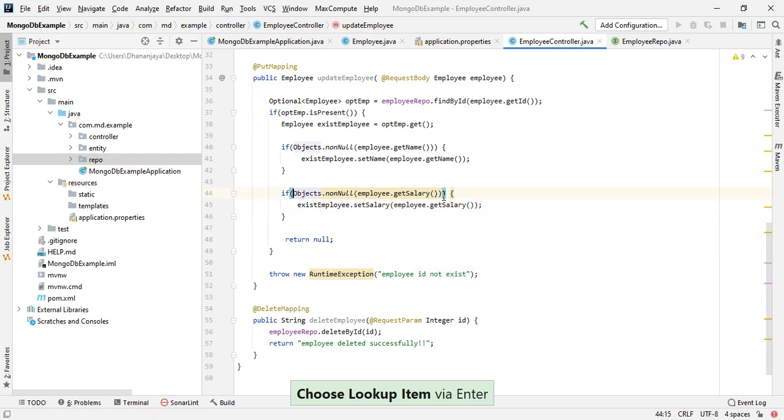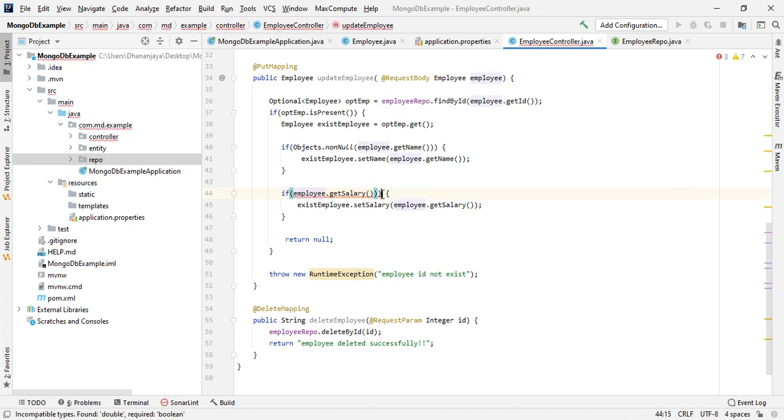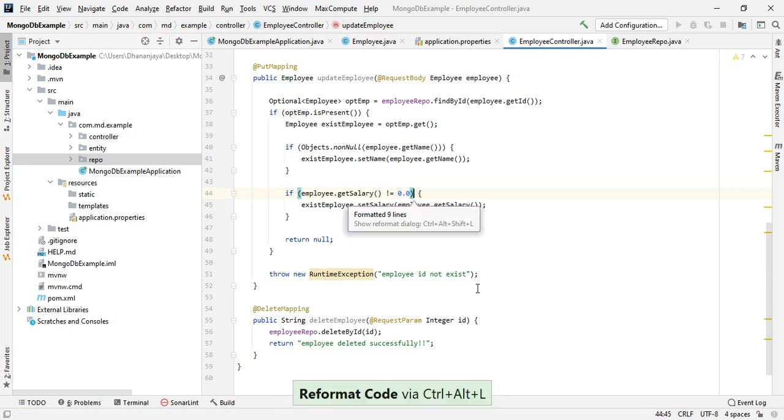Okay, it will not be null because this is a primitive. We can do, let's say, not equal to 0.0.